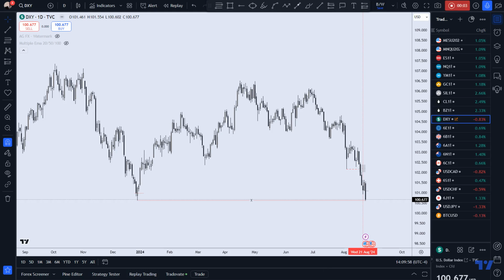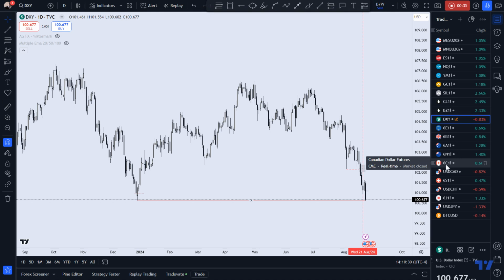Welcome to the second part of the weekly Forex forecast. This is where I go over the major pairs. Remember, I'm going over the analysis for the futures, and that's basically the same thing as the major pairs: the Euro USD, Pound USD, Aussie USD, New Zealand dollar USD, Canadian dollar.